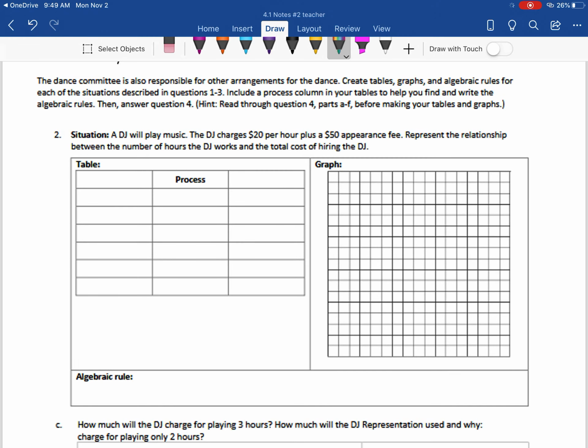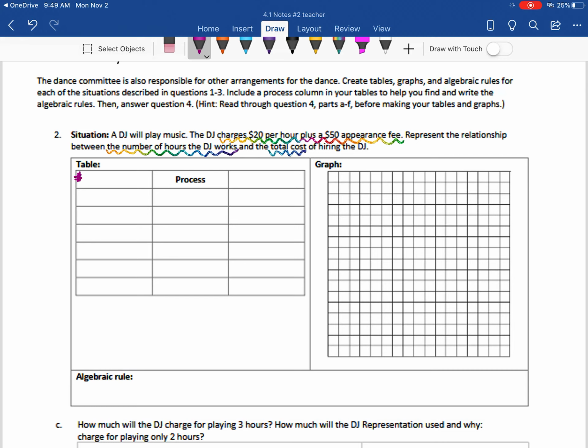Okay, so we're looking at situation 2 for the dance, and we have a DJ who's going to play music. The DJ charges $20 per hour plus a $50 appearance fee. Represent the relationship between the number of hours the DJ works and the total cost. Okay, so right there, that gives us the last two things that I underlined, gives us our titles for our